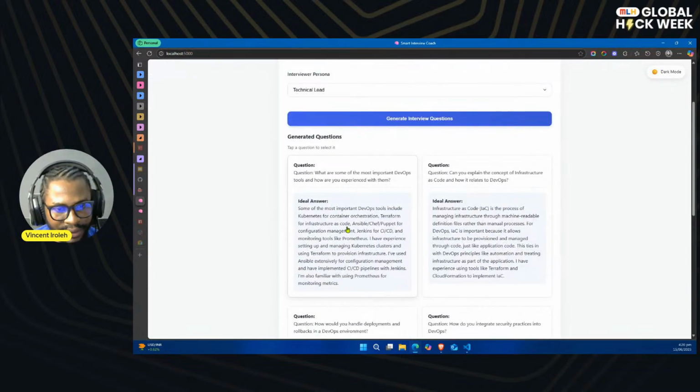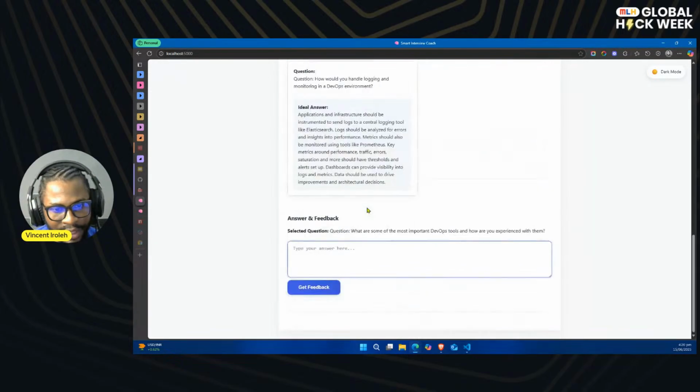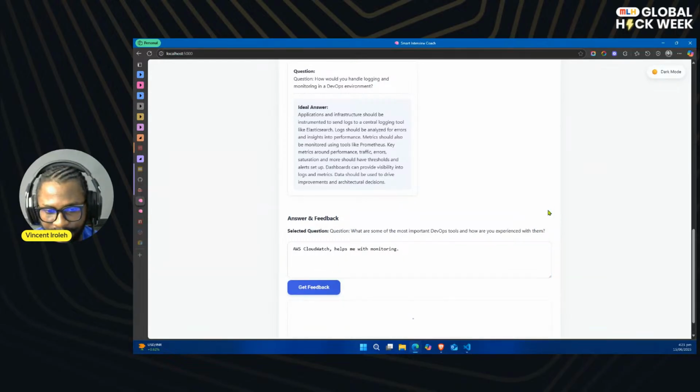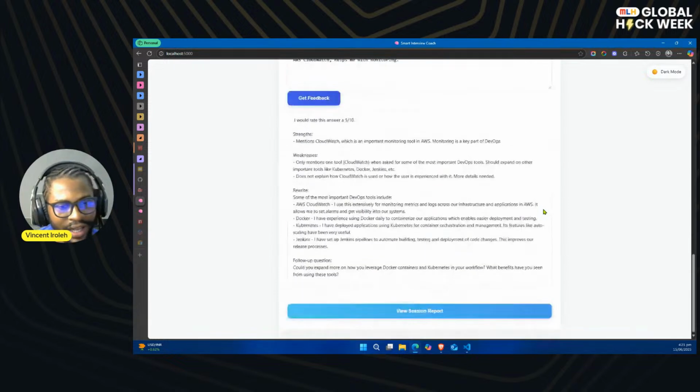I'll just go ahead and look at what are some of the important DevOps tools and how are you experienced with them. Just go ahead and see the other pages like the feedback, the changes it made. Okay, let's see what we have. So it's always good when it makes changes, you test it out, make sure it's working as expected, because sometimes